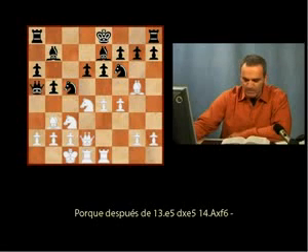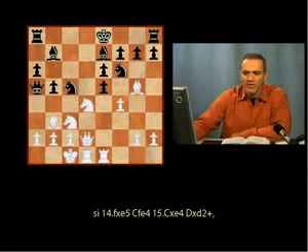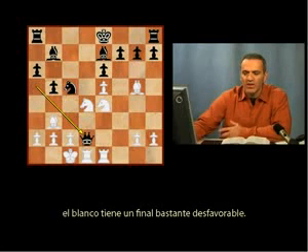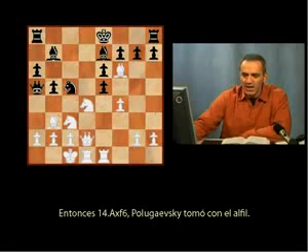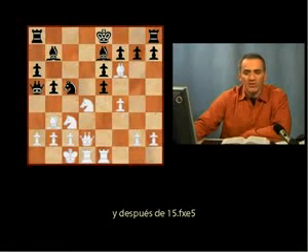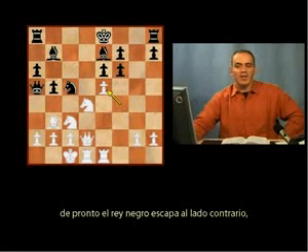Because after e5, d takes e5, bishop takes f6, there is no other choice. Otherwise, if f takes e5, then knight f e4, knight e4, and queen takes d2, and White has a pretty bad endgame. So bishop takes f6, and Polugaevsky took with the bishop. But he could take with the pawn. And after f takes e5, suddenly the black king goes